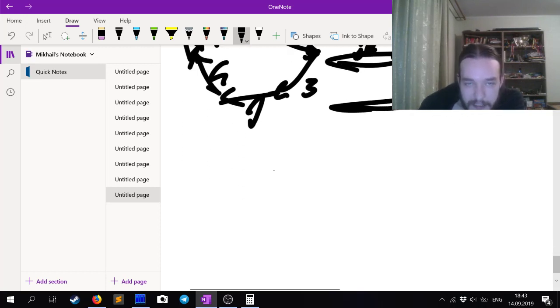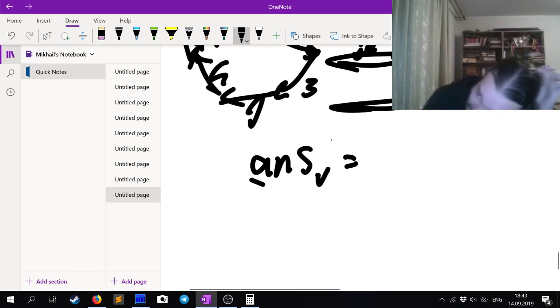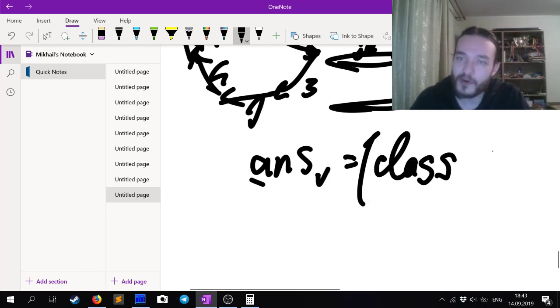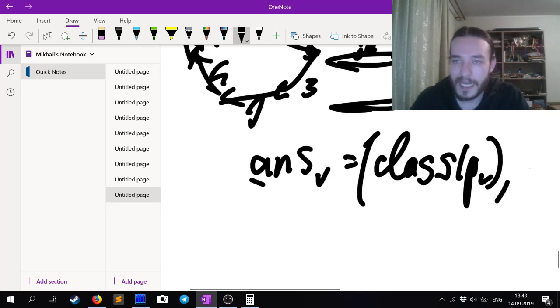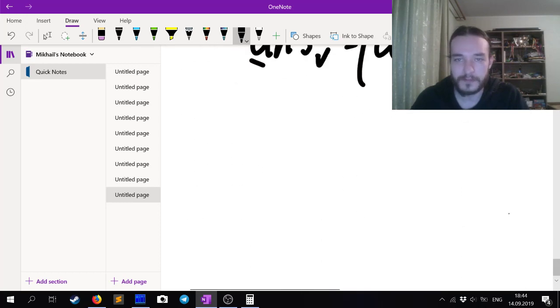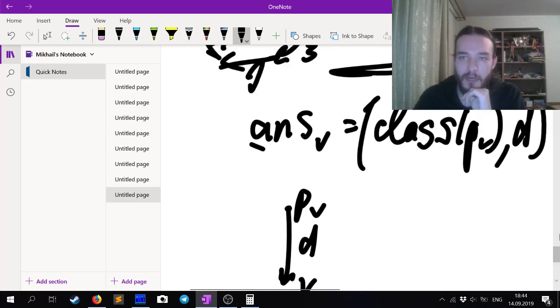we're going to say that the answer for the vertex could be a whole huge number, right? That's obtained by concatenating all the digits, but instead we're going to say that it's the number of the class of its parent, and also the digit that we use to come to this vertex. Okay, so if the shortest path to V comes from this P of V and uses digit G, then this is what's going to be